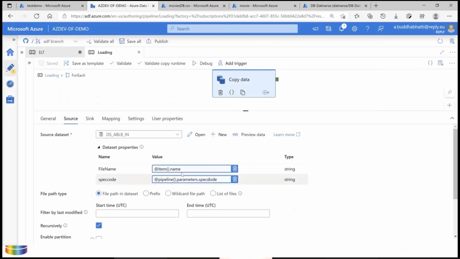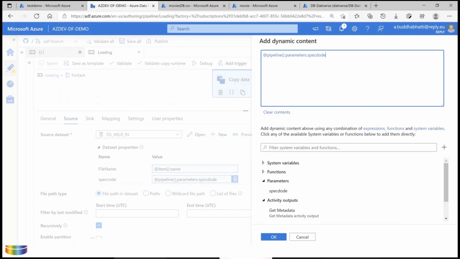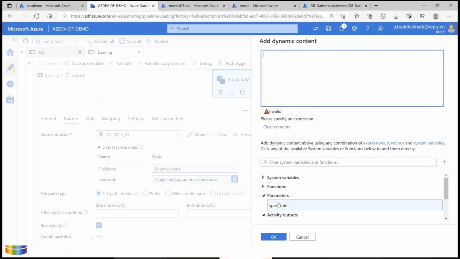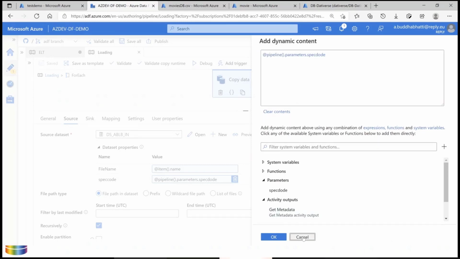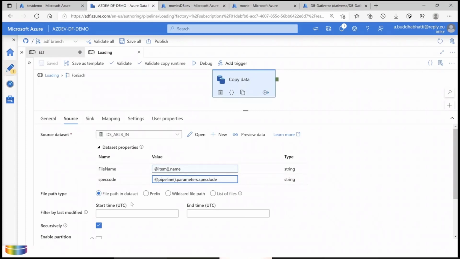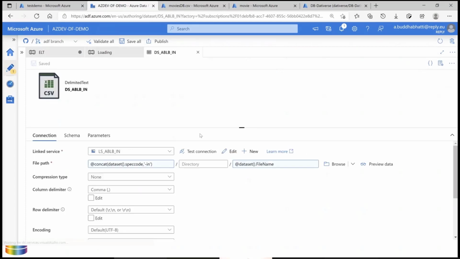So that way you can pass your file name in both source and sink, and you pass the container name as well. That is very simple too. You don't need to do anything, because it's a parameter, you just select it from here. That's simple. So that way you can set your source, and you can see your source data set here as well.